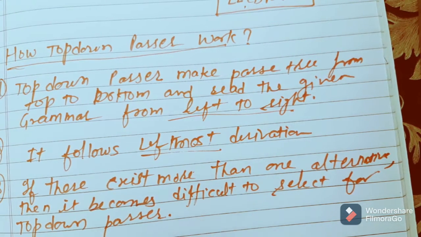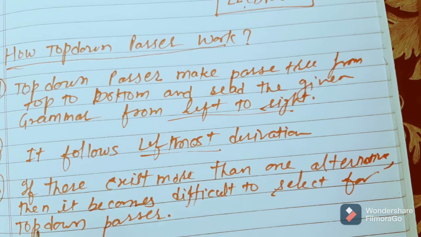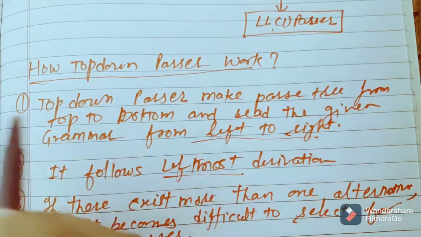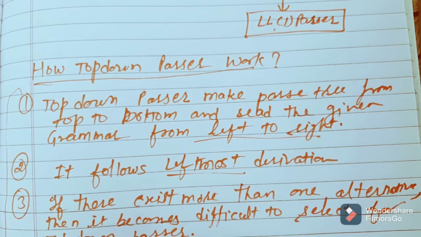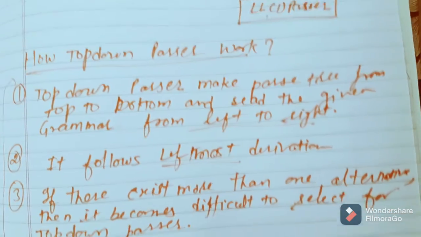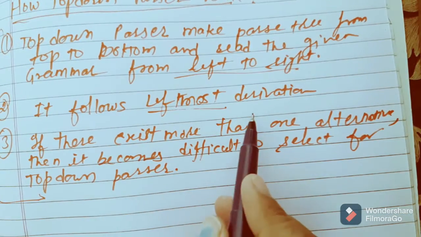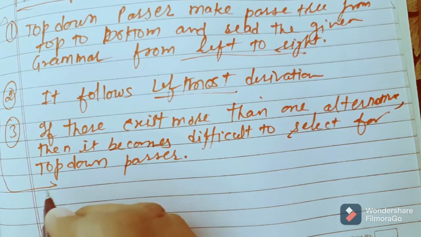So these things we have to keep in mind before we study the top-down parser, how top-down works overall, all the top-down parsers like backtracking, like recursive descent parser, like non-backtracking, like predictive, like LL1. All these follow the same fundamentals. I will take a simple example, then I will show how the parse tree is built, how the leftmost derivation comes, and how the difficulty arises.